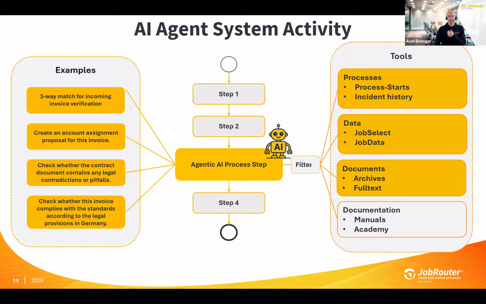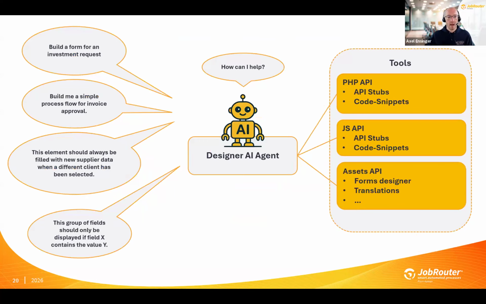And that means less time for developing your processes and much more intelligence by the execution of the process instances for you while working with the JobRouter platform. So these are the most important parts that we are building at the moment. So the AI system activity and the user AI agent. Both will come in the cloud-first approach for our cloud customers, and later on we also want to provide something for on-premise, that on-premise installation can be combined with our cloud because the AI is running in our cloud.